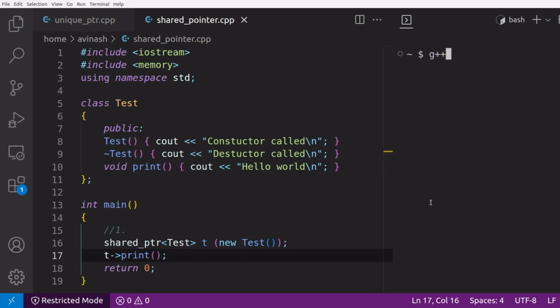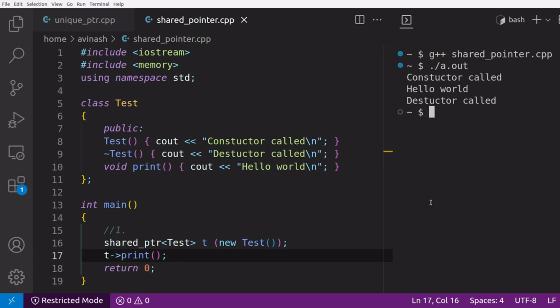Let's compile this code. You can see here I created a new object and there is a shared pointer wrapper over it. First the constructor gets called, then the hello world function, and then the destructor gets called. So this is the first way, and the second way is